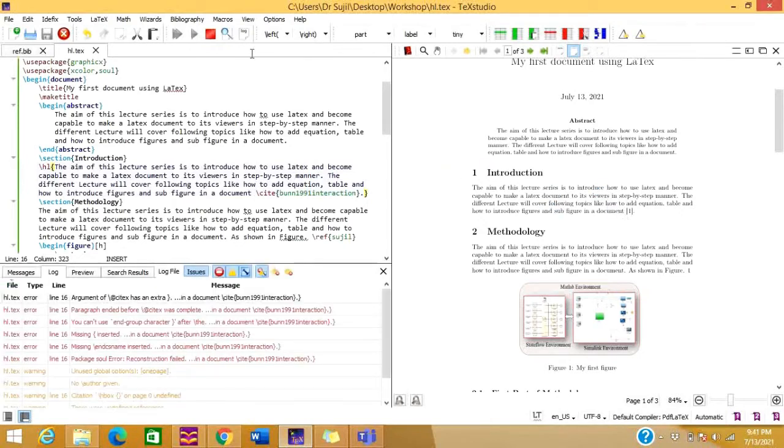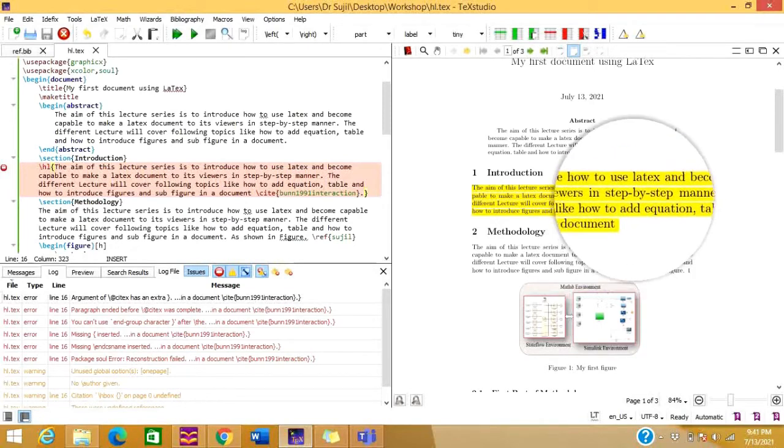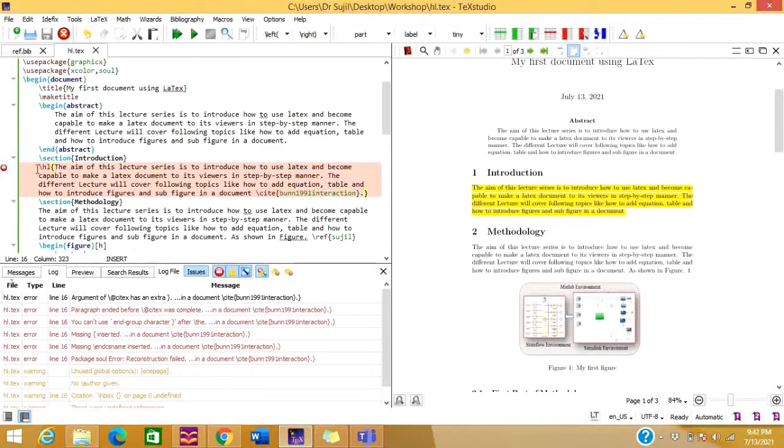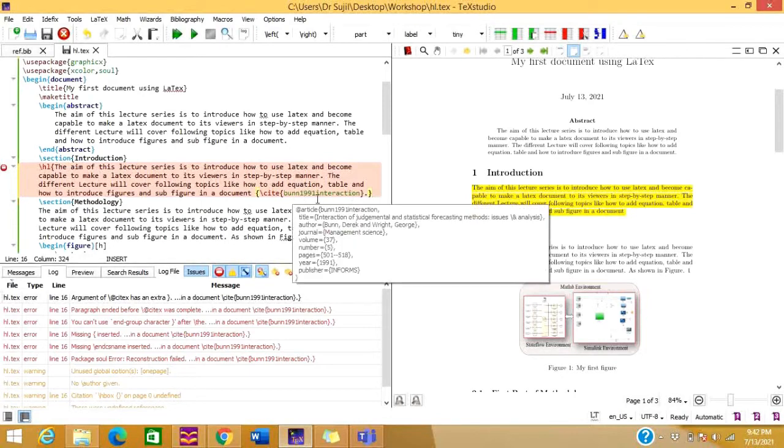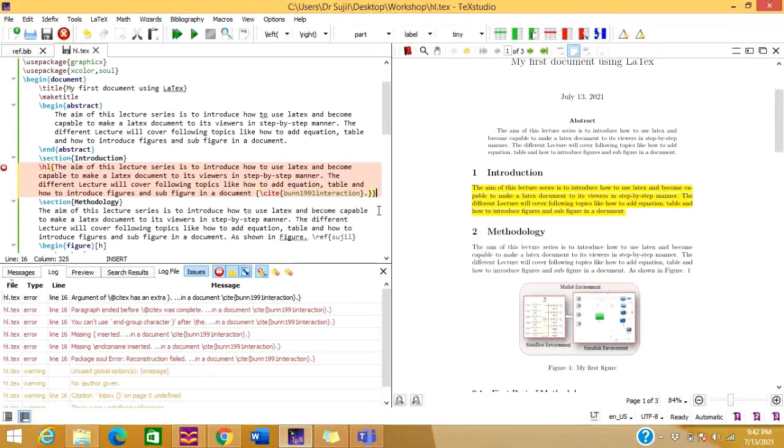Here you can see one error appears after running this, and you can see that the number has disappeared by using this command. So we need to remove this error. For that, you only need to give one extra bracket here like this, and close that bracket here.